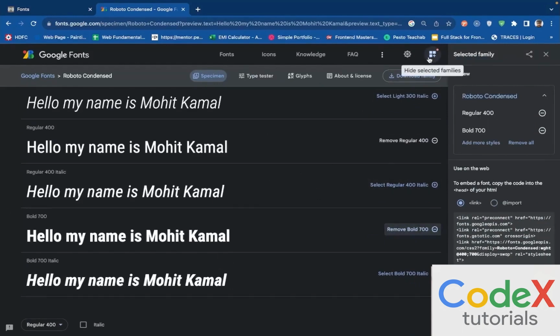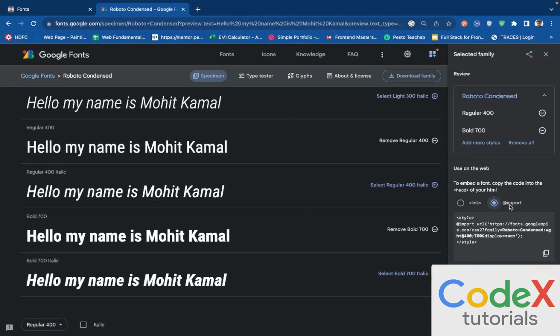So once you do this, you click on the tiles icon here in case this pane is not visible, and it shows you all of the selected fonts you have selected in the site as well, and it gives you a way to use these fonts in your CSS file. Now there are two ways. You can either link the font CDN directly into your HTML page, which is ideally the most performant and the safest option. There is another option of directly importing these files into your CSS, although we don't recommend that